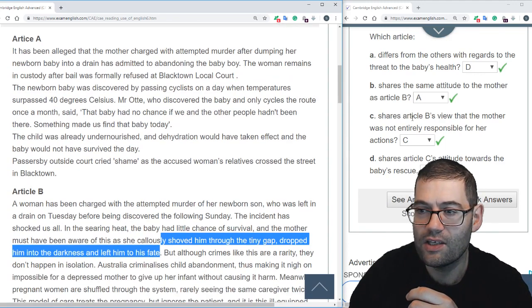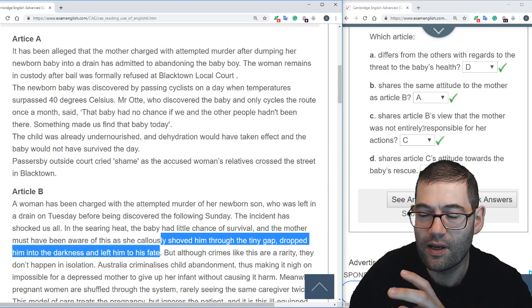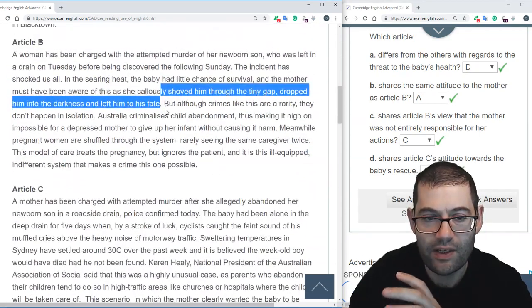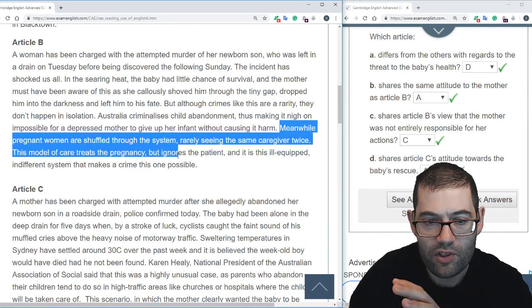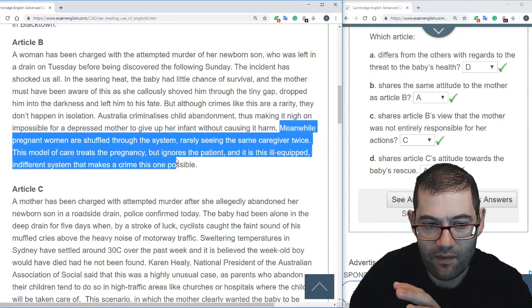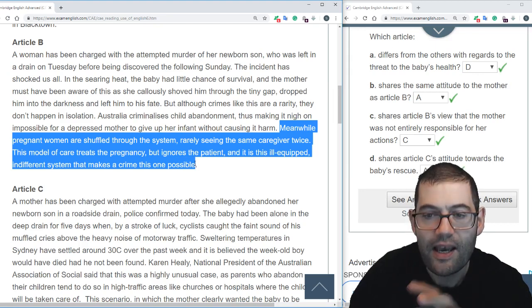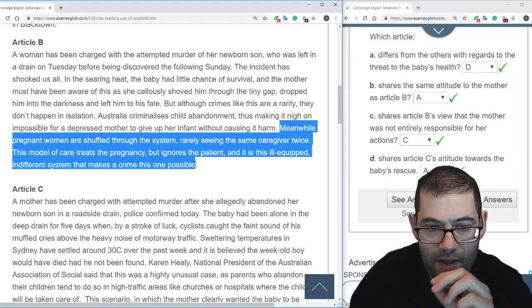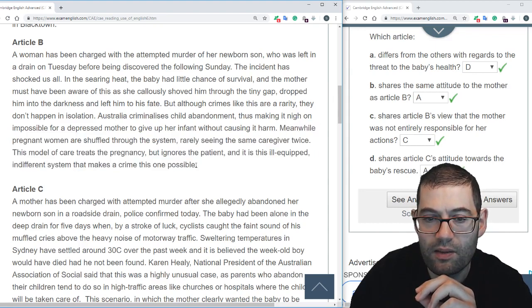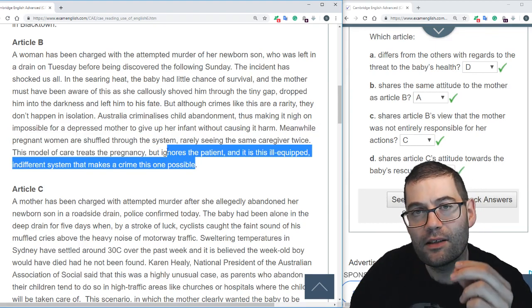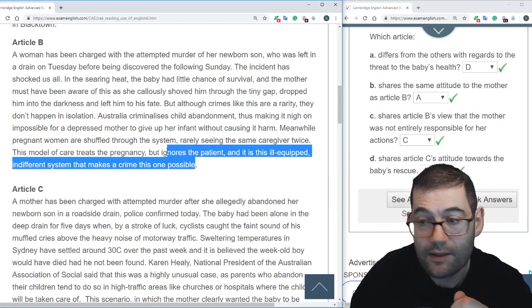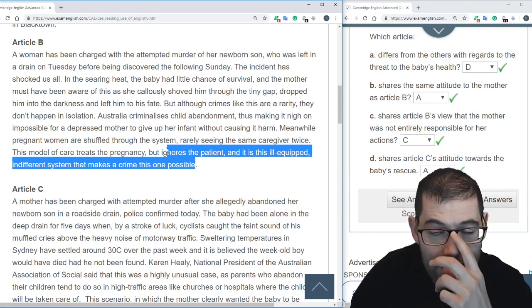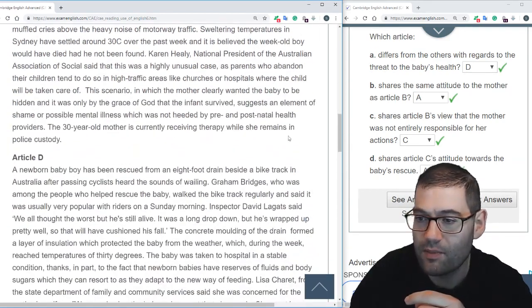For question C, shares B's view that the mother was not entirely responsible for her actions. Now we've got to find this in B first. It says here, meanwhile, pregnant women are shuffled through the system, rarely seeing the same caregiver twice. This model of care treats the pregnancy but ignores the patient, and it's this ill-equipped, indifferent system that makes this crime one possible. So in other words, she's saying that the crime is possible because of the system, not just because of the mother. So we're looking for something that shares that same idea or sentiment, and we can see